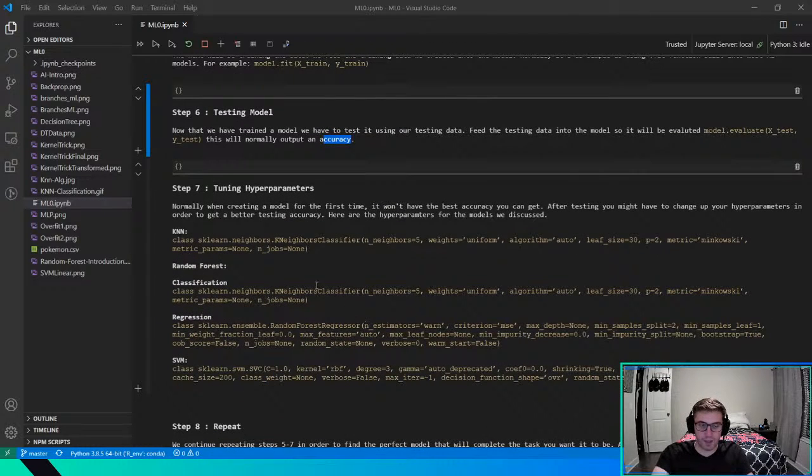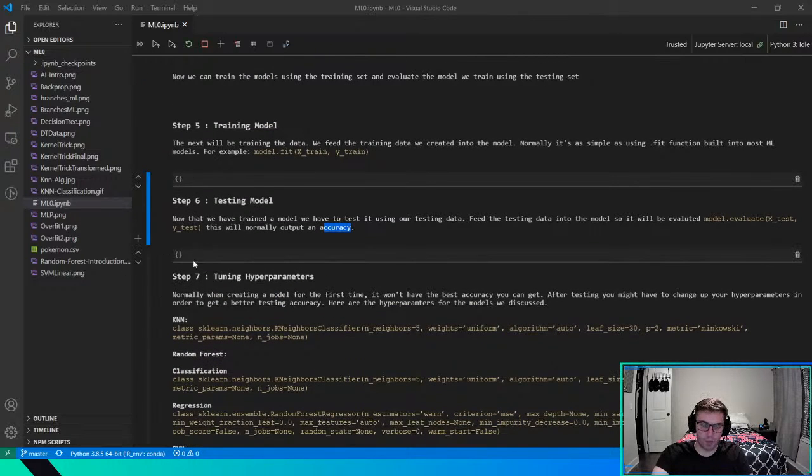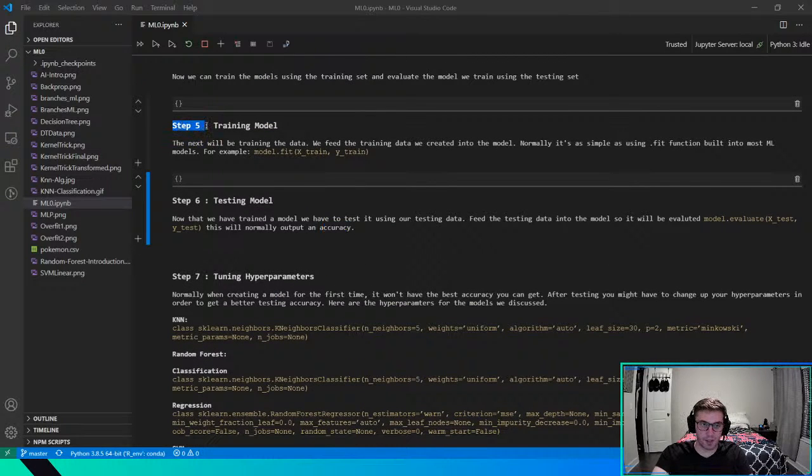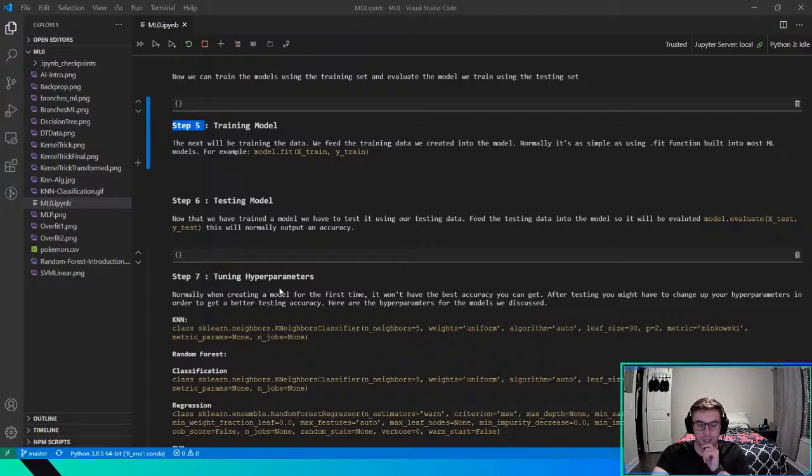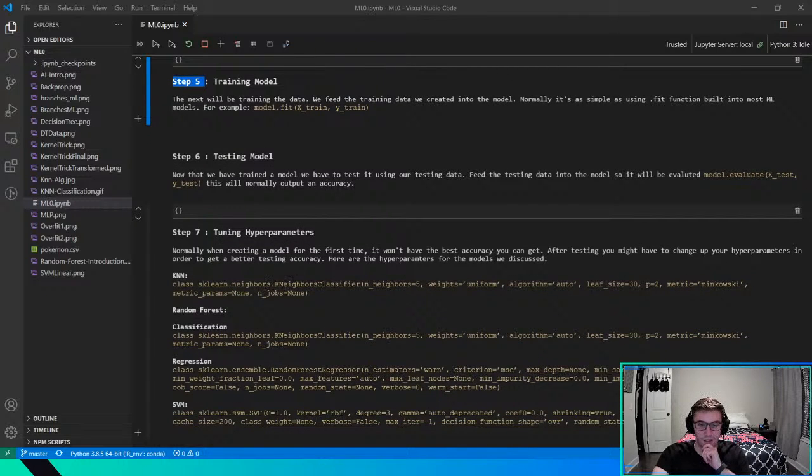All right, the next step is tuning hyperparameters. I think parts 7 and 5 can sometimes be done together. But basically the idea is that neural networks, or any of the algorithms, have internal knobs that we can change to make them perform better or worse. And those are our hyperparameters.